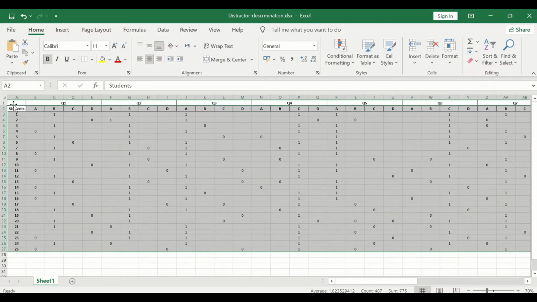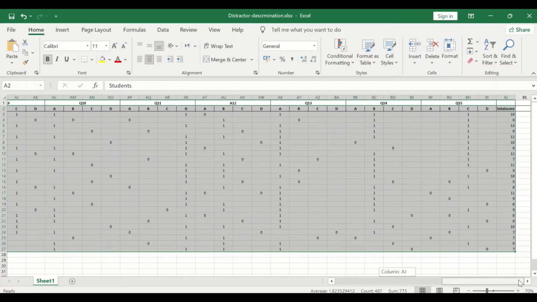So we have selected all the students with their multiple choice options and the scores they have, and to rank this data using the total score,